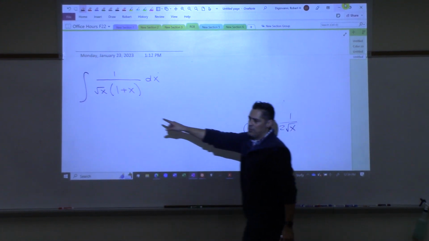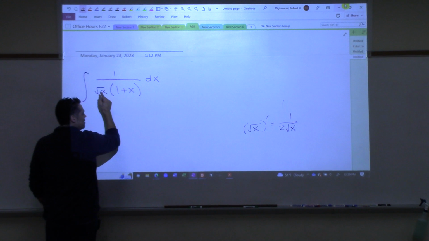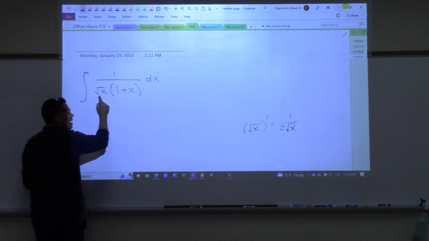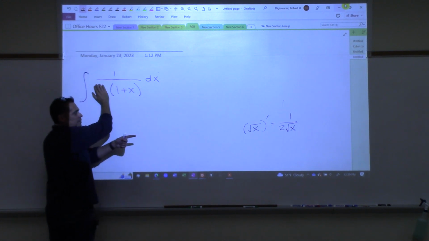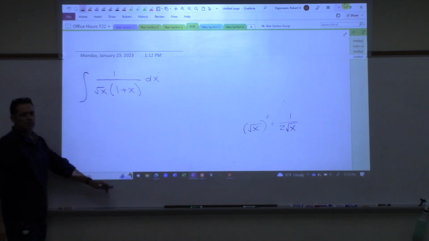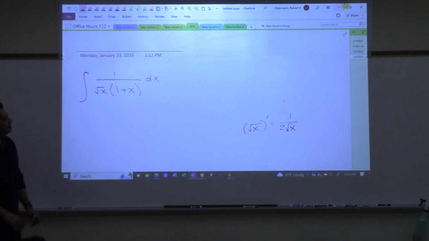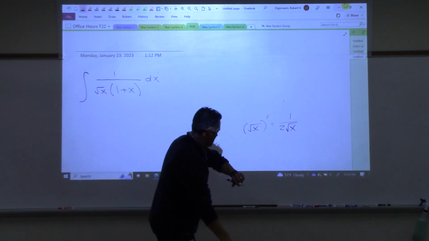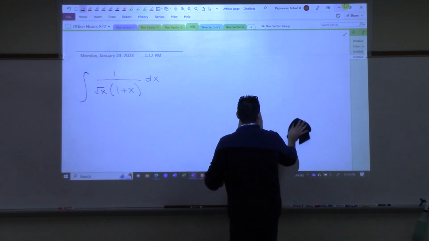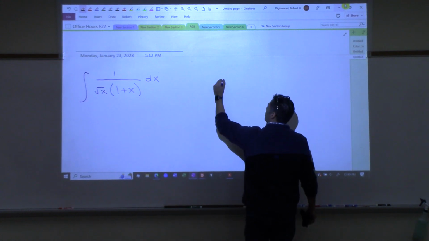Right, because this is going to be your u, and if that's your u, the derivative of it, I don't see that over here, right? Does it have to be in the numerator? It has to be in the numerator, yeah, and that's not a constant. So it seems like 1 plus x is the only thing we can do, and I only have about 30 seconds. Let's try it. u is